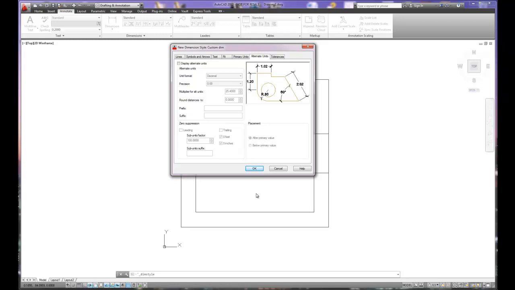So to have both, I can have English dimensions. If I turn on alternative dimensions, you'll notice I'll have English and then metric. If I use that measurement scale and readjust the scale here, I can have metric and then English, so 1.02